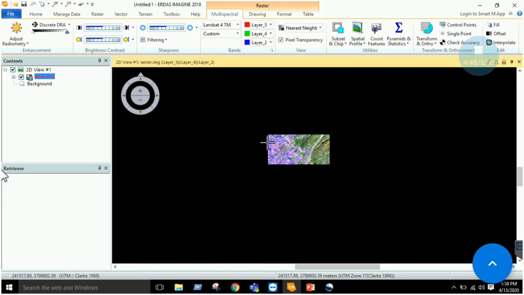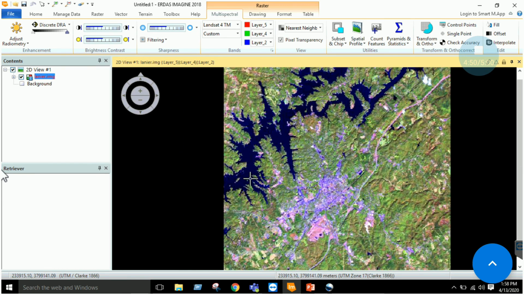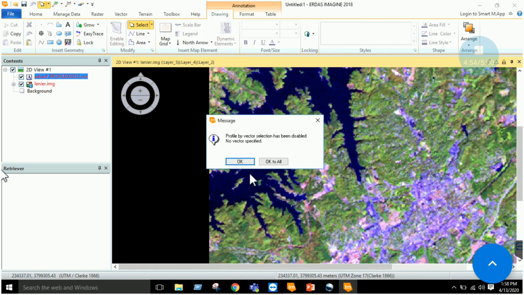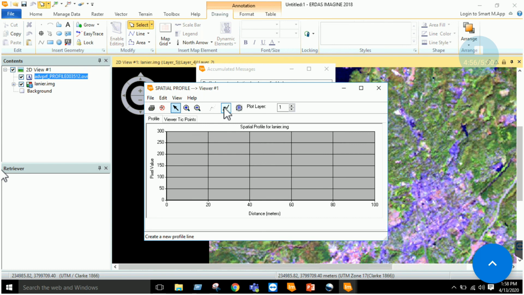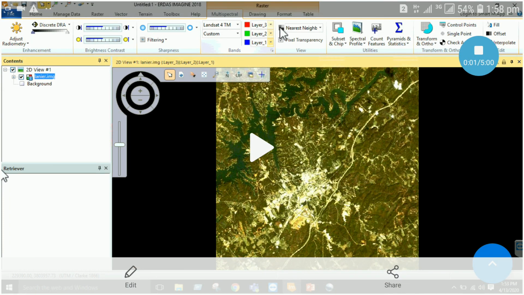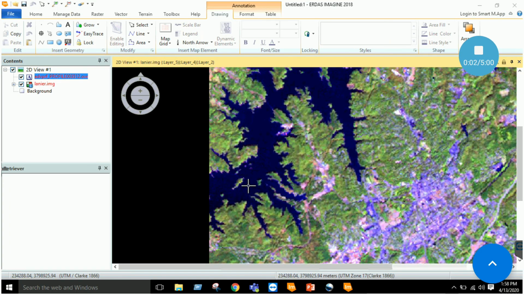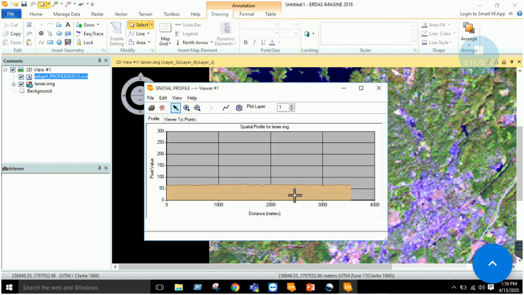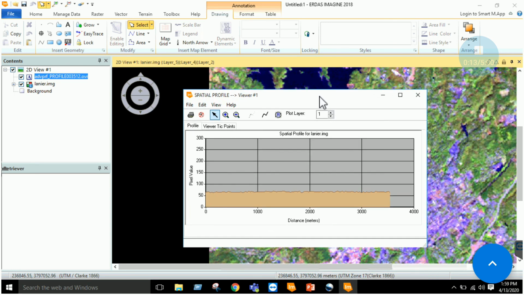Spatial profile tool, if you want to see that, let's suppose, okay, here it is. Just click on this line tool and move across like this, right? And I will end it over here. Now you can see here you have a profile.